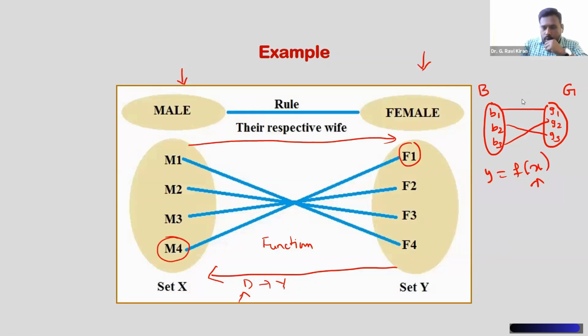Then see, I have one more idea here. In case it is ignored, let us say B1 in the first set is mapped to some G1, and B3 is mapped to G2. Is that a function then? Now it is not a function, because you cannot leave any element alone in the first set. Correct? Then, for example, if B2 is also mapped to G2,